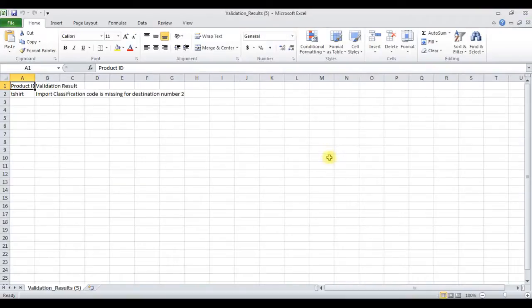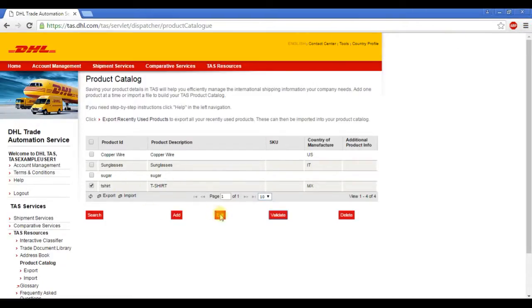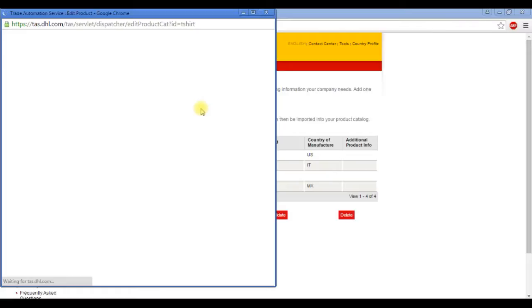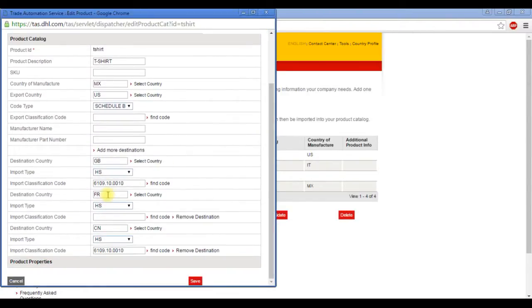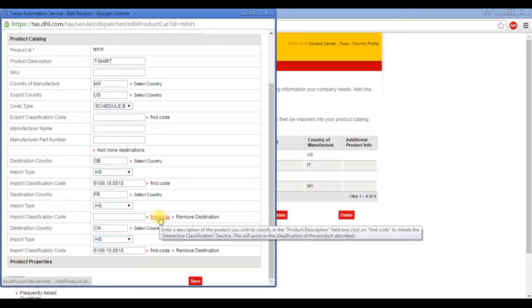If I open up the export, it's going to tell you that my product ID of t-shirt is missing the classification code for the destination number 2, which means the second country in question. So if I was to go into that and click Edit, when it opens, I can go down and notice that for my destination country of France, I don't have a classification code, so I can now proceed to hit the Find Code,